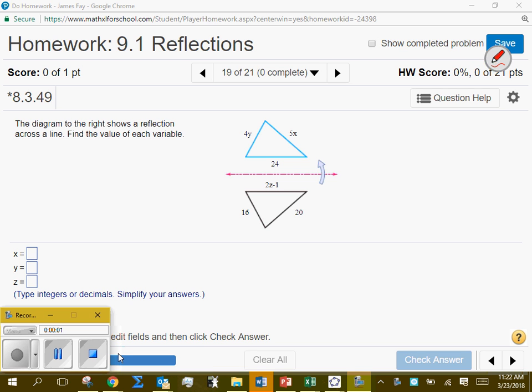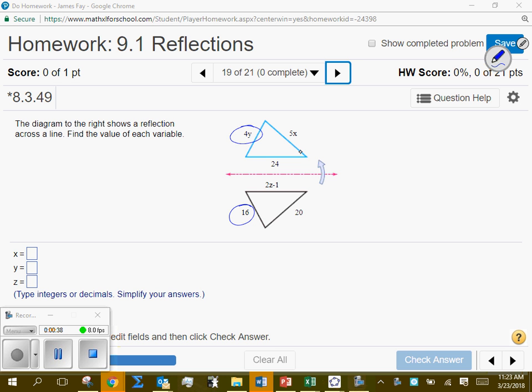Is being asked here in question 19 or talked about. Okay, so corresponding sides should be what when we do a reflection? What they're saying here, so if this is my image and this is my pre-image, when we do a rigid motion, which a reflection is, we've talked about the size and shape is not changed. Therefore, we say distance is preserved, so distance is saved, meaning that this 16 is going to match up